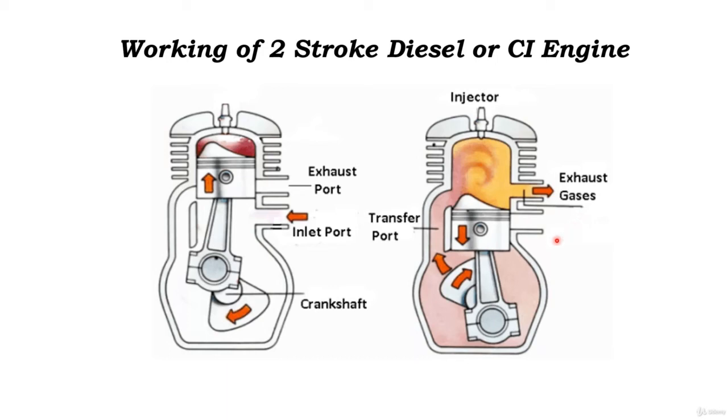When the piston reaches the bottom dead center, the residual gases are flushed out completely, and the combustion chamber is filled with fresh air and gets ready for the next cycle, and the cycle repeats. With this, we can conclude that in two-stroke engines, the four processes, that is suction, compression, power and the exhaust, are carried out in two strokes of the piston or in one revolution of the crankshaft.